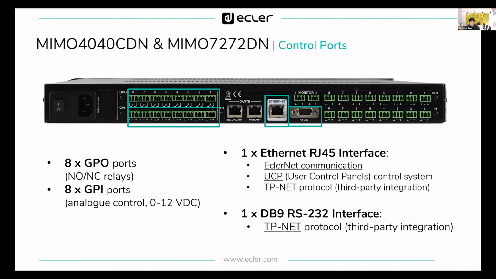Okay, what else? What else do we have in common in 4040 CDN and 7272 DN? We have 8 GPOs, 8 GPIs. The EtherNet RJ45 here is the Ethernet connection you need to connect to the network in order to get EclerNet communication, in order to provide you UCPs because it has a UCP server inside, or in order to get commands from third parties. Okay, so